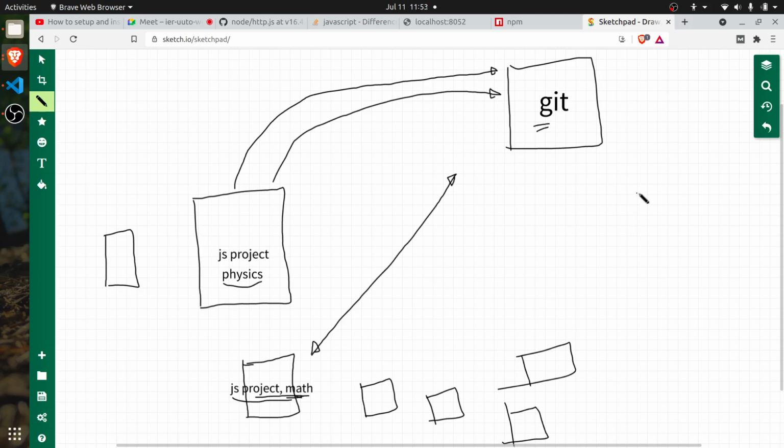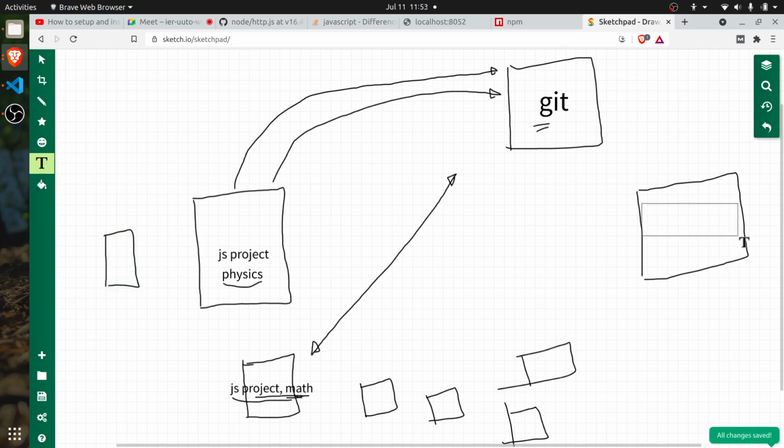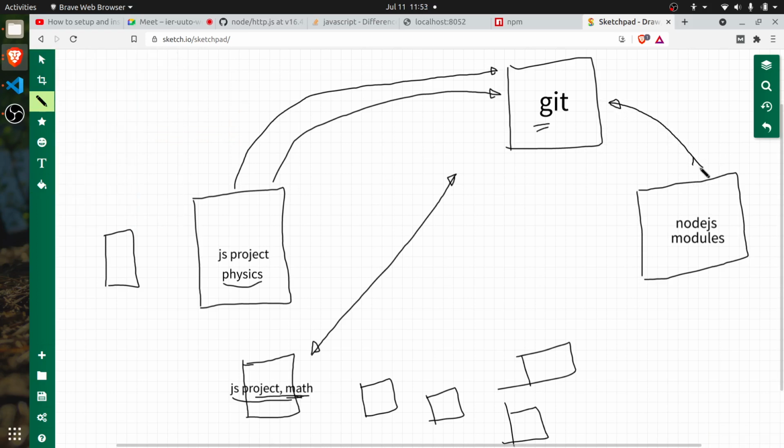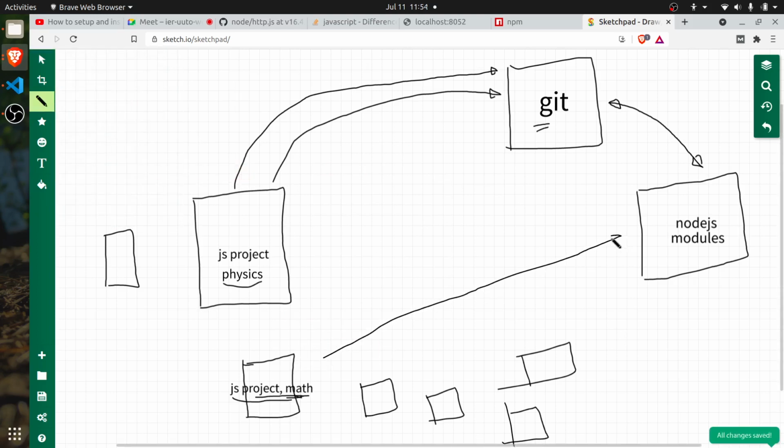I need to have a central registry of all the JavaScript packages, or in more specific, NodeJS modules, right? NodeJS modules. I need to have a central registry of all the NodeJS modules across the globe. And this central registry may speak with GitHub internally, and instead of you being connected to GitHub, you should connect to this central repository, and this central repository is going to do